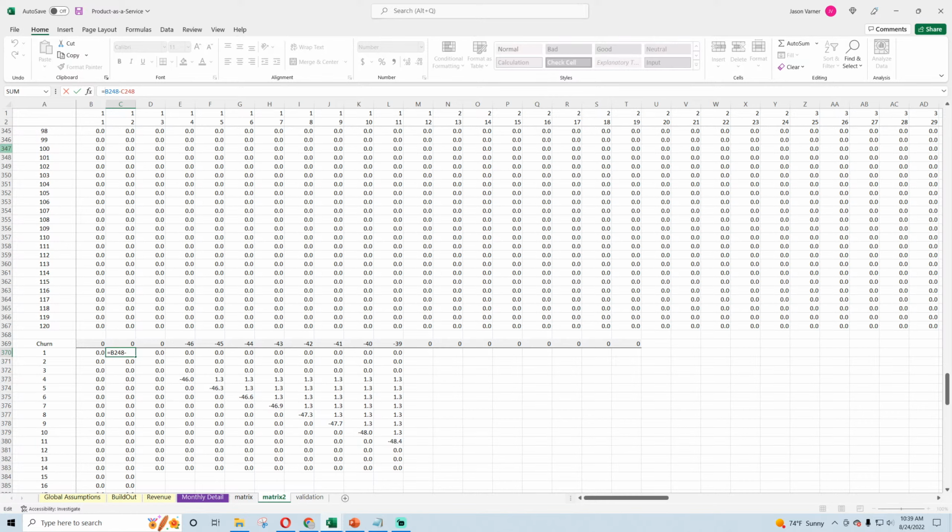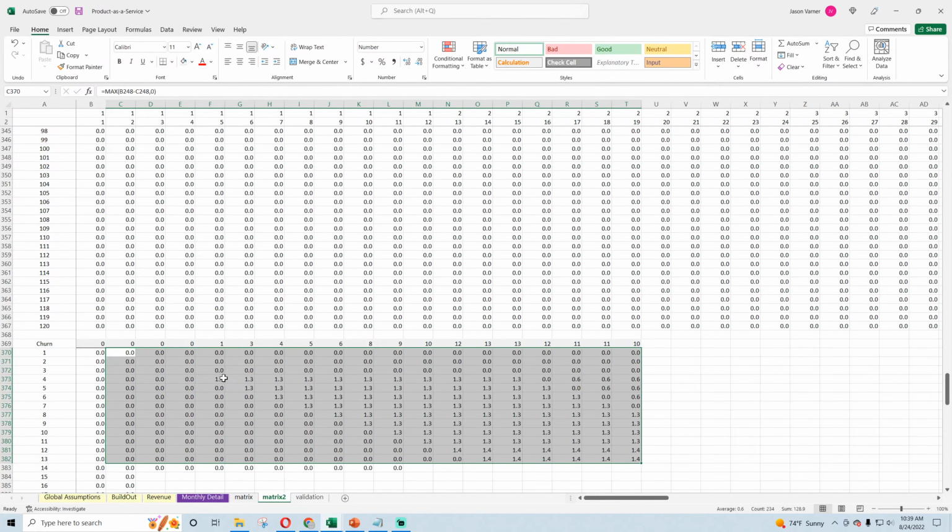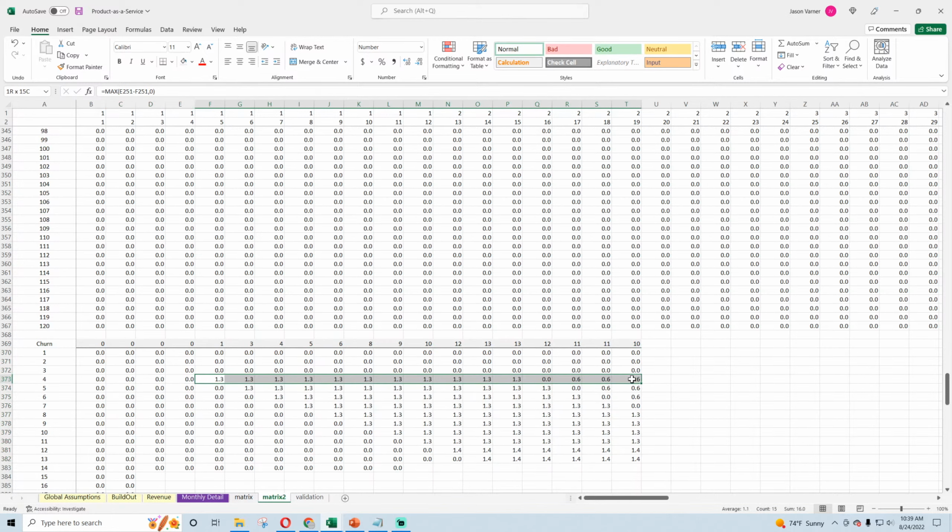So the most powerful function I believe in Excel for modeling is probably SUMIFS if I had to pick one. And then after that, the min and max are so powerful for doing dynamic modeling. So for this one, I want a max of whatever this value is and 0. So I have no negative numbers now. And there's my churn. And like we did a percentage, even percentage each time.